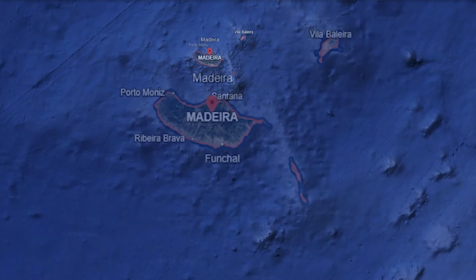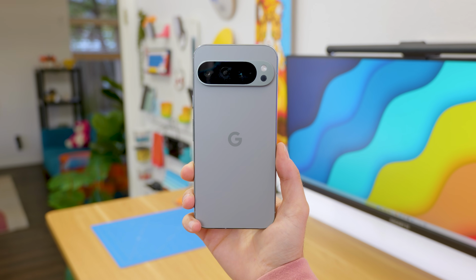For those who don't know, I grew up in Portugal, more precisely on an island called Madeira. My best friend still lives there, and he asked me this year which phone I recommend, the Pixel 9 Pro XL or the iPhone 16 Pro Max. If you have seen this comparison, you might think that I end up recommending him the Pixel because that's my